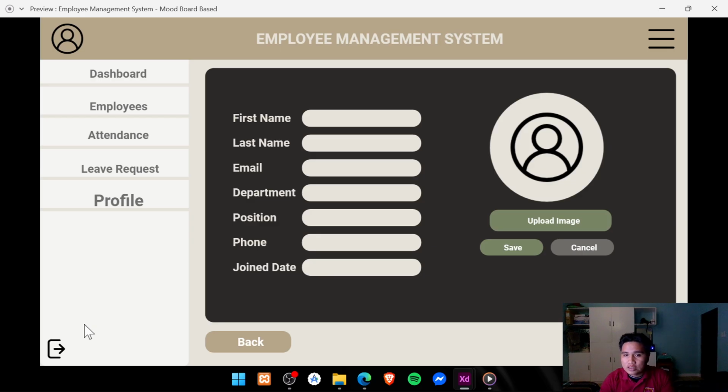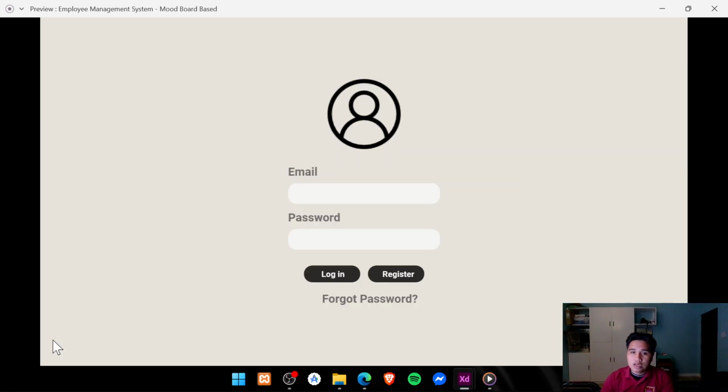What if they suddenly press it while doing something? It can be frustrating. So I've tried to add text as an indication that this icon is the logout button. If you click this, it will log out.